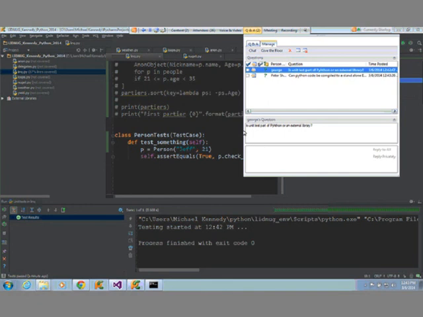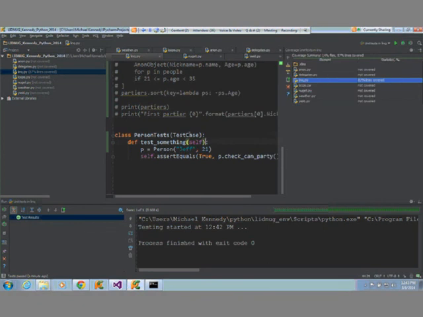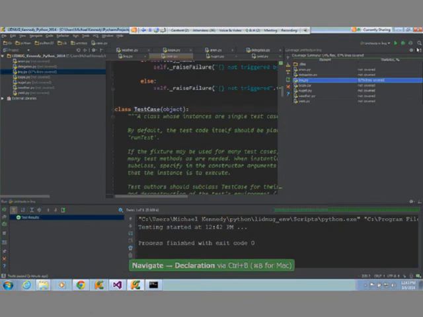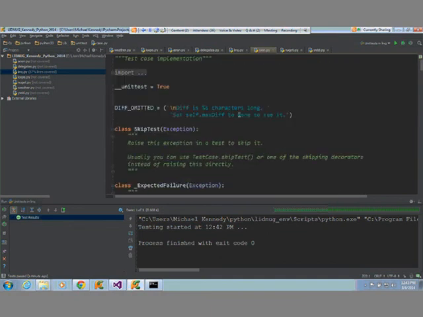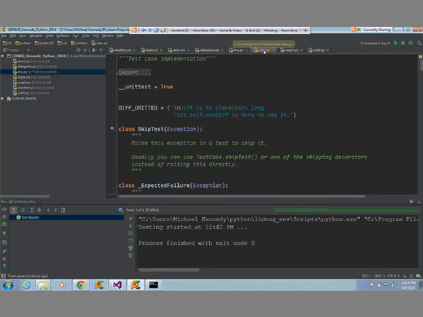All right, George says, is unittest part of Python or an external library? Unittest is part of the base class library, or what they call the standard library, right? So you can go to definition and actually see what it is here. If we go to the top, where does this thing live? CPython lib unittest. So yeah, this is just a built-in class. So the ability to do unit testing is built in, but for the code coverage you saw, we had to install a separate package to make it work.